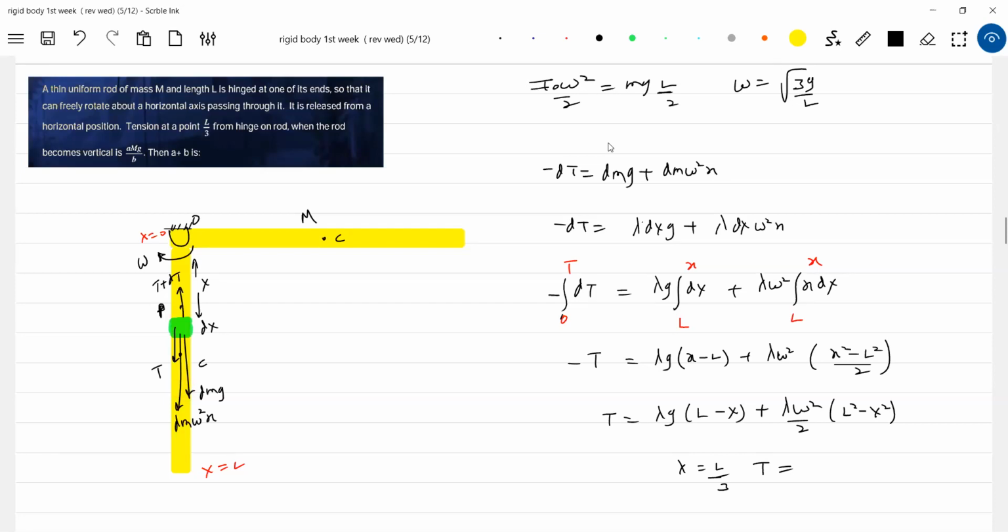What is the speed of the wave? What is the expression for the speed of the wave? Root of T by mu. And if you know the tension at this point, what is the wavelength of it? All are interrelated. The moment you calculate tension, it can be introduced to elasticity or it can be mixed with the wave and sound chapter. Correlate.